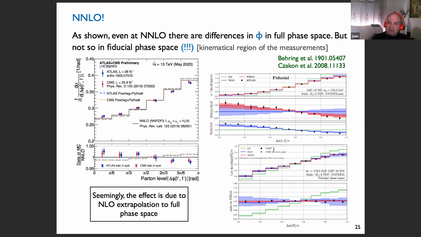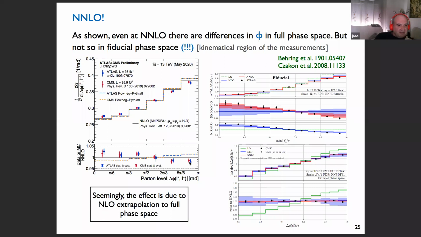Let's try next to leading order then. Of course, when this anomaly came out, people doing next to leading order started looking at this in detail. This is an interesting and unexplained thing. I have shown before this plot on the left, where at the parton level, which means full phase space, you have the comparison. As I have mentioned, you need only a little extrapolation to get that from what the experiments measure. You see a different slope